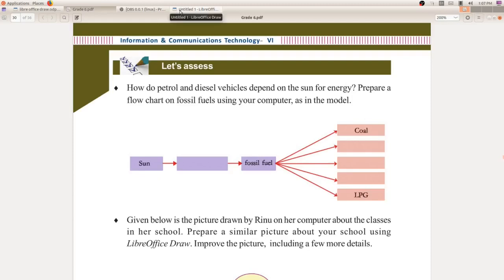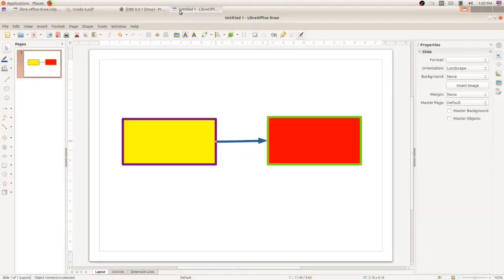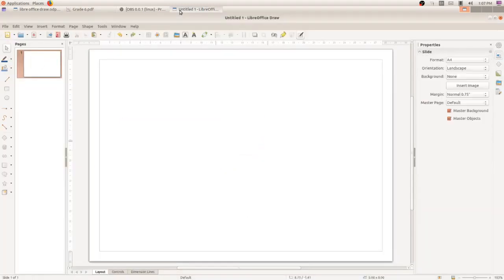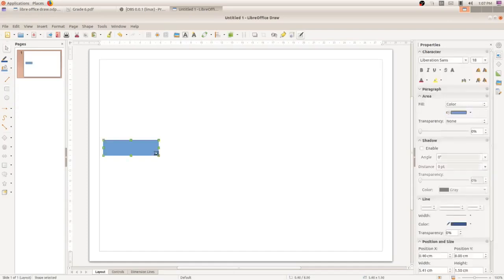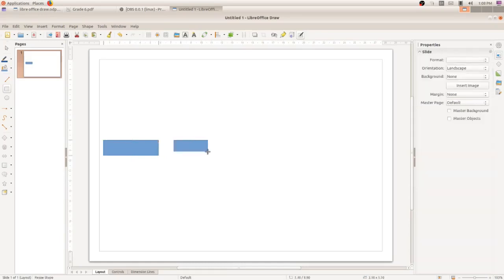So let us draw here. First you have to select a rectangle from the toolbar. I am going to draw the first rectangle. Again choose the rectangle tool, draw another rectangle.